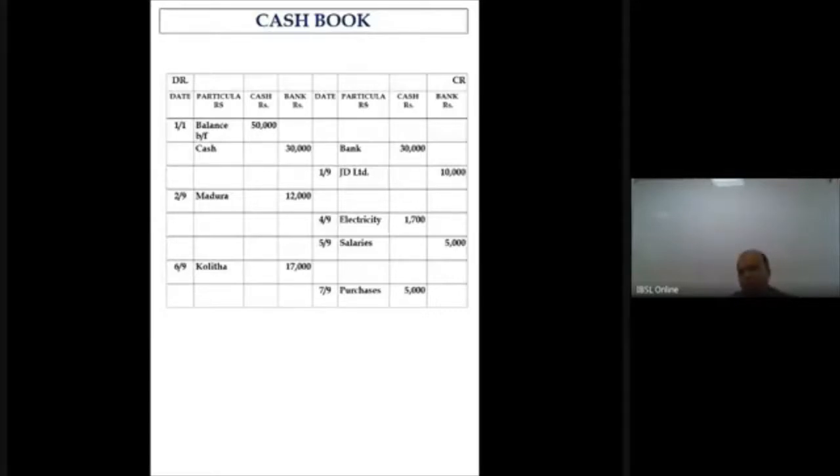Now what happens in banks, you know, when you deposit a check, there is no charge. But when the same check is returned by way of a dishonor, maybe the drawer of the check doesn't have funds or whatever, then the check bounces. We call that as the check being bounced or returned. At the time of return, the bank will charge a commission. The bank will charge a commission for processing the check, and for the service that they offer, right? And this is also partly payable to the clearinghouse.